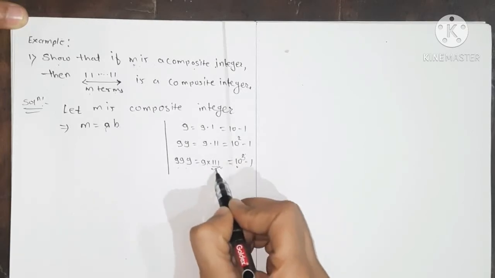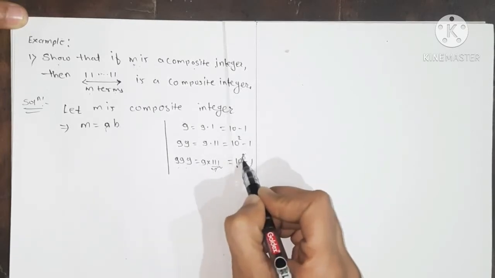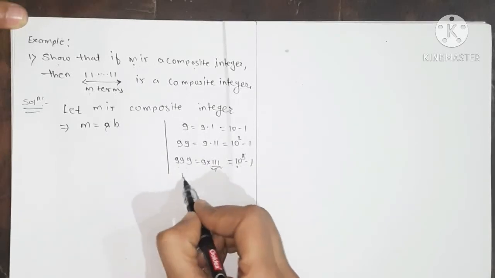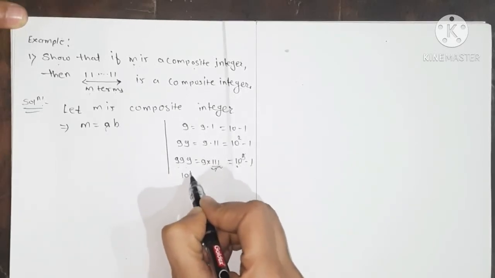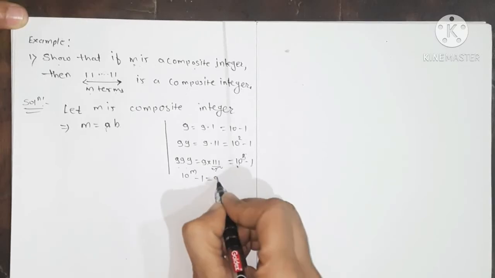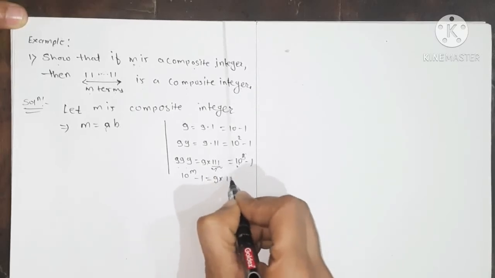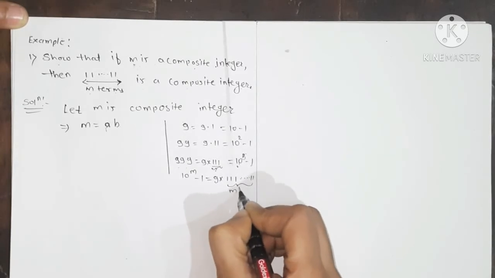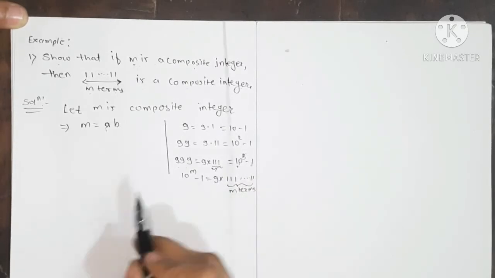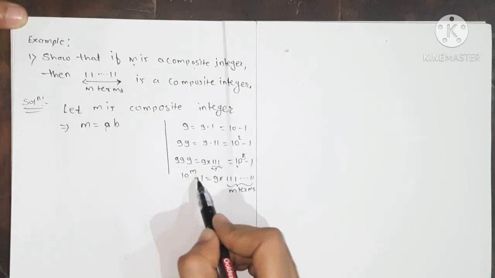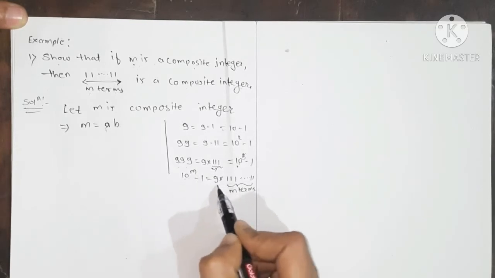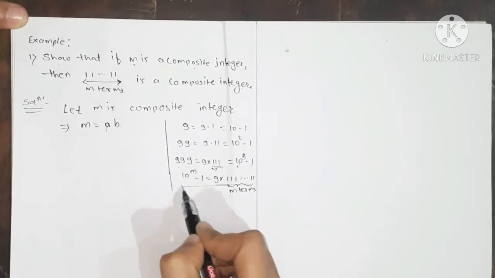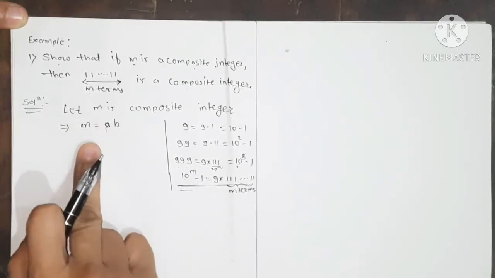That is 9 times a number made of 1s. So how many 1s are there? It is the power of 10. So in general, 10 to the power m minus 1 is equal to 9 into 111...1, where this is the multiplication of m ones. So 10 to the power m minus 1 can be written in this way, right? We use this as a hint to solve this example.